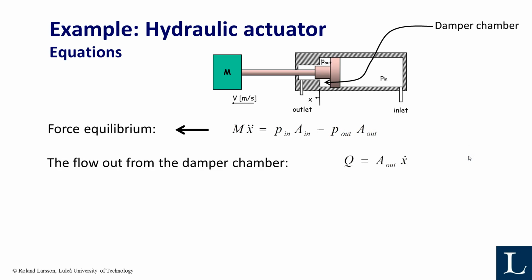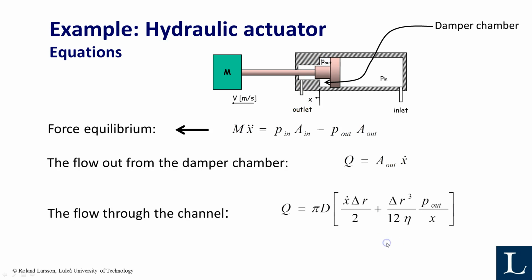We also need to consider flow continuity, and then what's the flow in? Well, the flow out must be this area of the piston multiplied by the speed of the piston. That's the x dot. You remember that x dot is dx/dt, so it's the speed of the piston. So the area multiplied by the speed, that's the flow. That's the flow coming out here through the outlet, and the flow into that